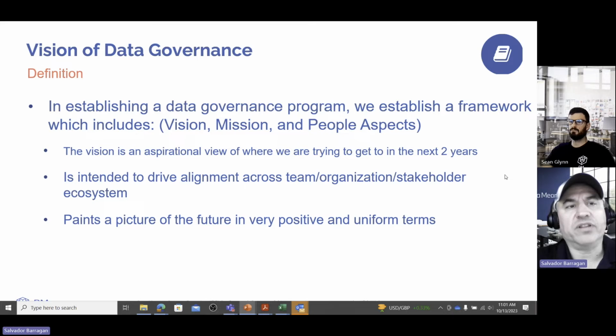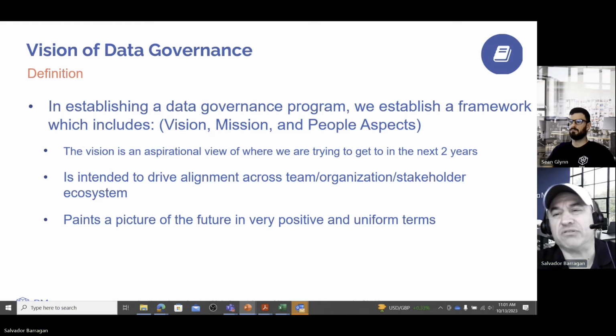Let's dive a little bit more into the vision of a data governance program. When you're establishing a data governance program, you want to establish a framework, as I mentioned earlier, around vision, mission, and the aspects of what people are doing. The vision should be something you're trying to get to in the next 2 years. Sometimes it can be a bit longer. You can push it out about 3 years, but you really don't want to go beyond that for the simple